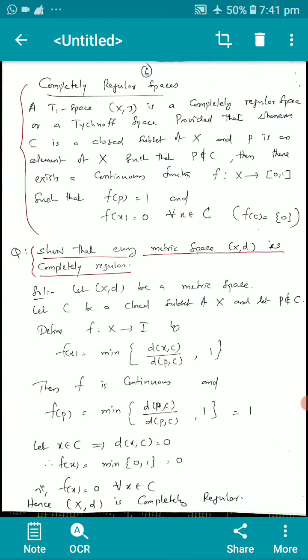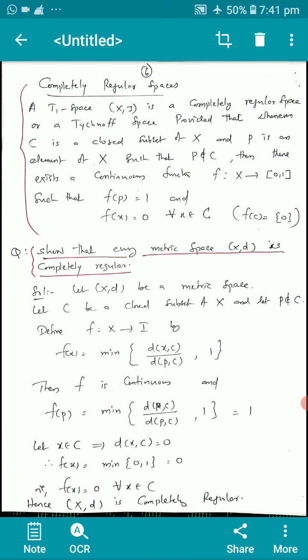Next definition: what is a completely regular space? A T1 space X is a completely regular space, or a Tikhonov space, provided that whenever C is a closed subset of X and P is an element of X